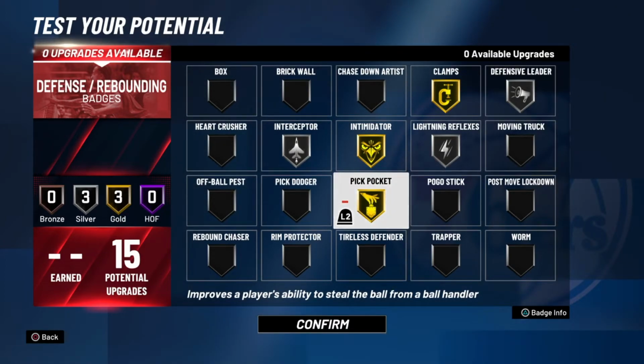Now, I've given him interceptor and pickpocket just because the boy do get steals, as you heard last night, got 5 of them. Straight up messed up Luka and them boys. So we're gonna give him gold pickpocket just because he loves taking it from people. Silver interceptor because he jumps the passing lanes like nobody else's business, which is also the reason for giving him